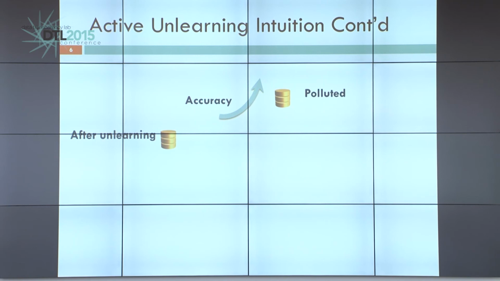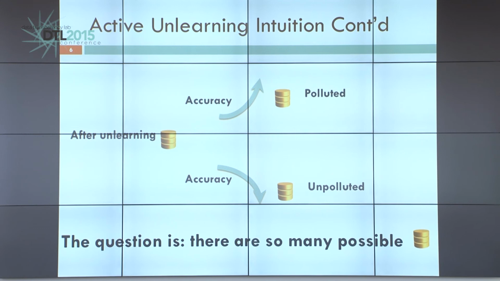And this comes to active unlearning. So think about it. How do we find out a learning model is polluted or not? We look at the accuracy of the model. If accuracy is low, then it's polluted. So in these cases, say we unlearn some data, and then if the machine learning accuracy increases, this data probably is polluted. On the contrary, if after unlearning the accuracy decreases, that means this data probably is unpolluted. That means we can use machine unlearning as an indicator of whether data is polluted or unpolluted. So this seems easy, but